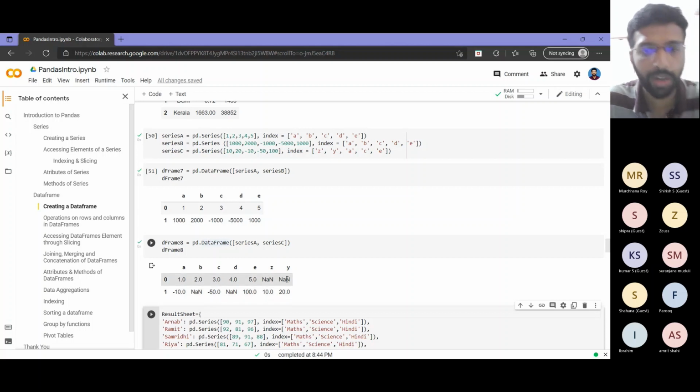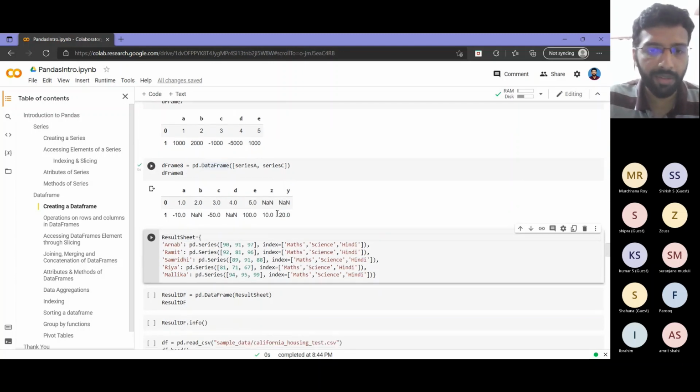And wherever values are not there, the data frame constructor will automatically put a not a number value in that field. So this is what I get if I pass as inputs series which differ in length or in index.